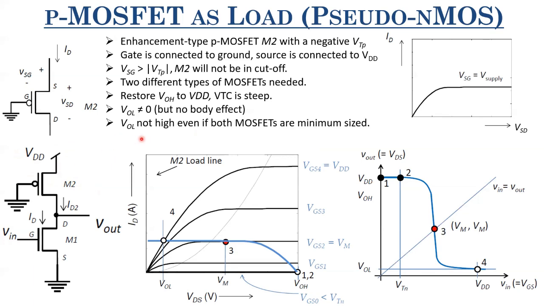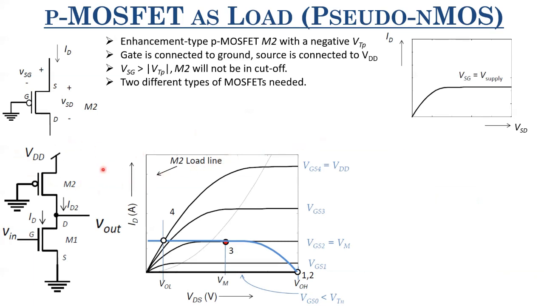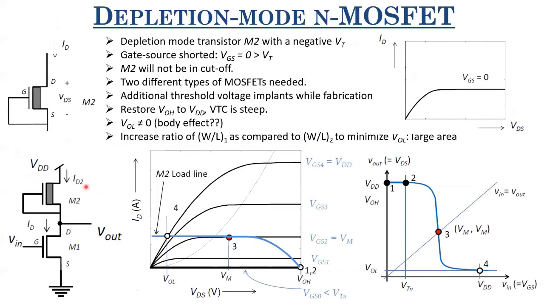Also, this VOL is not high, even if the MOSFETs are minimum size. The reason is that in the depletion mode MOSFET case, if the W/L ratios are equal, then their resistances are comparable, not exactly the same but similar. If the resistances are comparable, then VOL will be large, because it's simply RM1 divided by RM1 plus RM. But here,